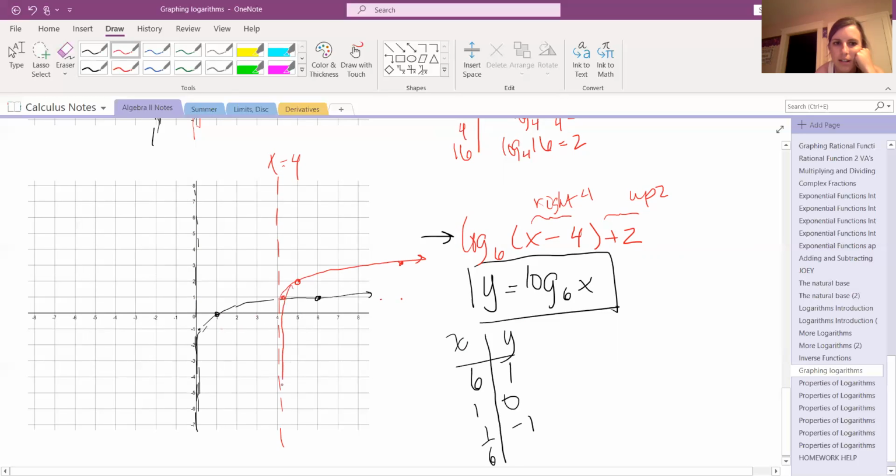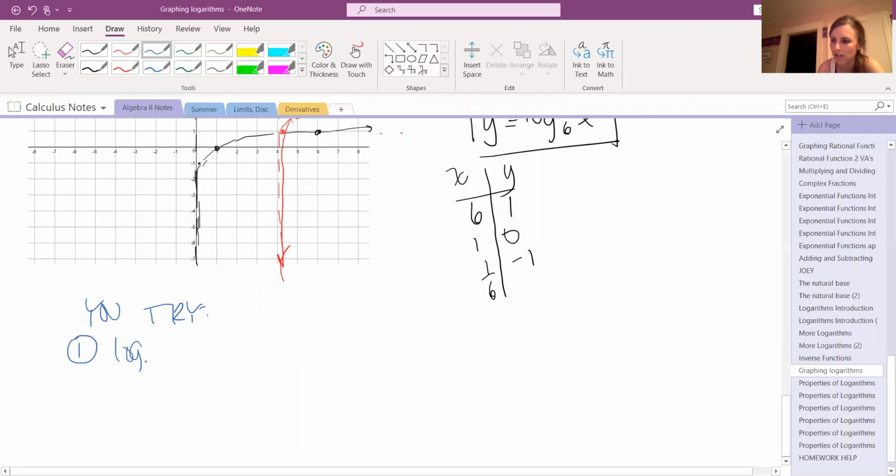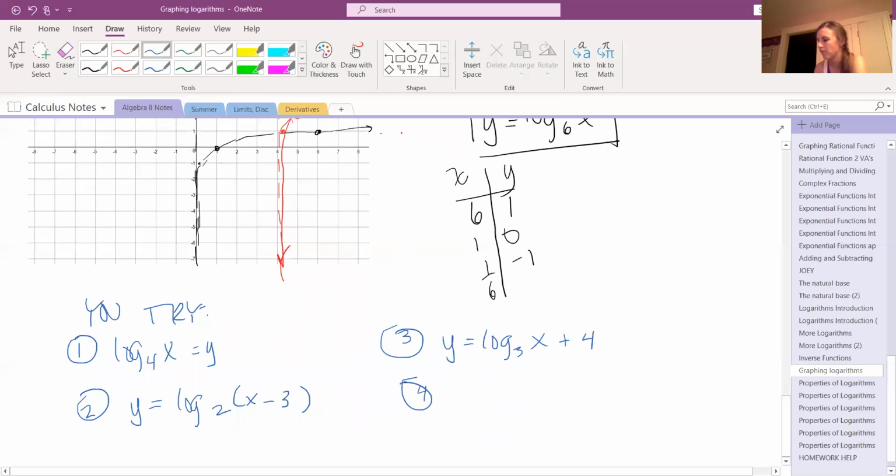Don't forget the downward part. All right, I have some for you to try, and then add these on at the end of your video notes and upload everything. So we have several you-tries for you. Number 1, log base 4 of x. Number 2, log base 2 of (x - 3). Number 3, log base 3 of (x + 4). Number 4,